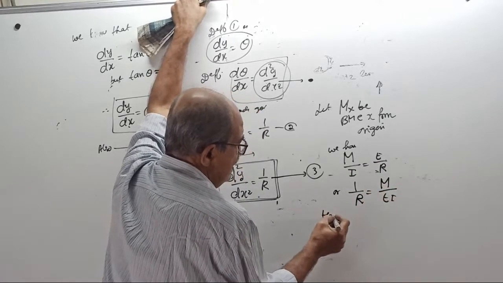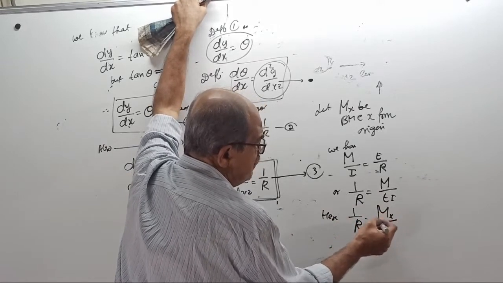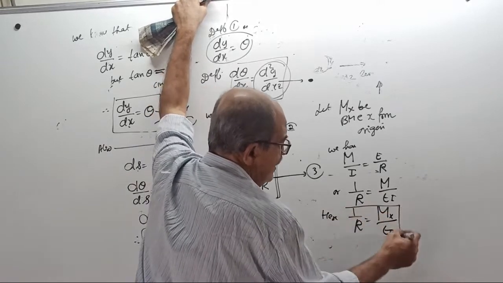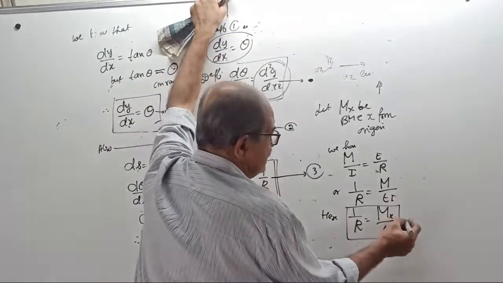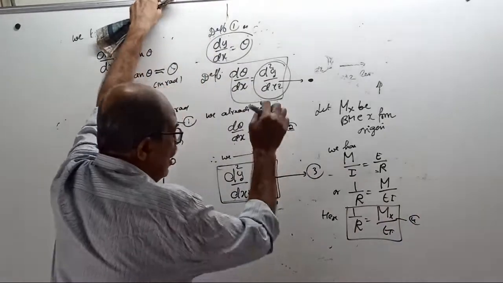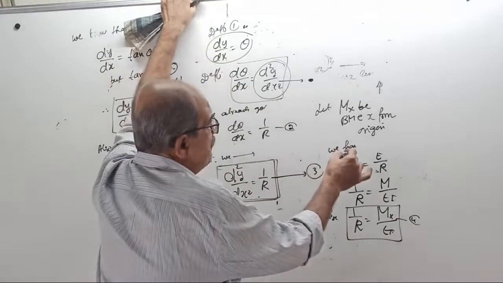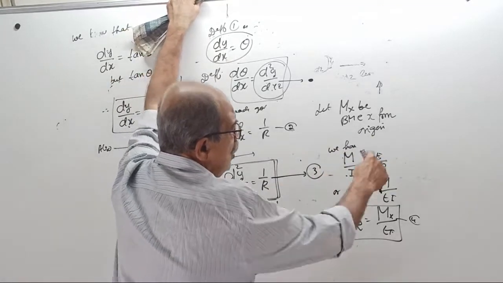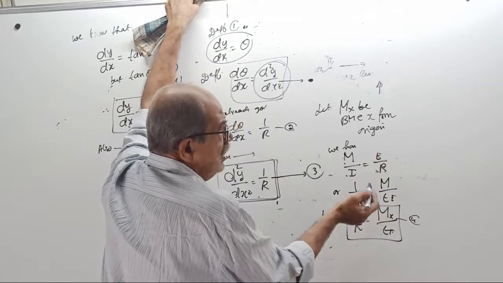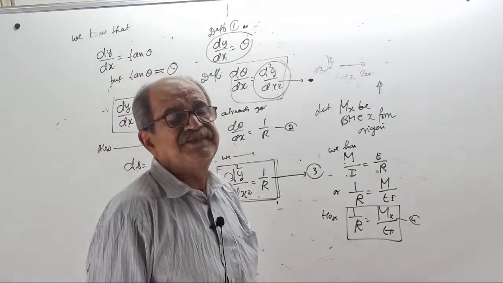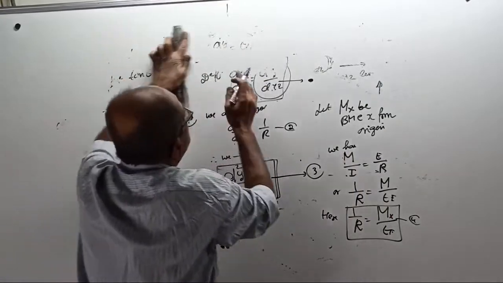Here 1 by R equals M at the point x by EI, because at this point the bending moment is Mx. So this is equation number 4. We already got 1 by R equals d square y by dx square. Now lastly, from 3 and 4,